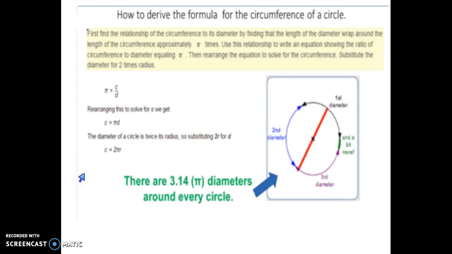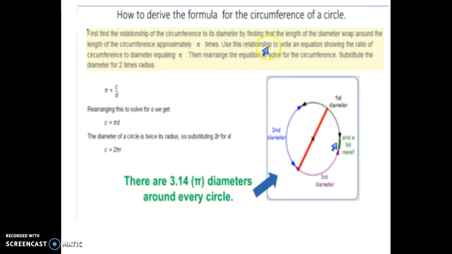All right, this is 2.03, and the first couple of questions are going to ask you some questions about how to derive the formula for the circumference of a circle. So just look over this section here. First, you're going to find the relationship of the circumference to its diameter by finding that the length of the diameter wraps around the length of the circumference approximately pi times. So you can see they've shown you there the length of this diameter wraps around here